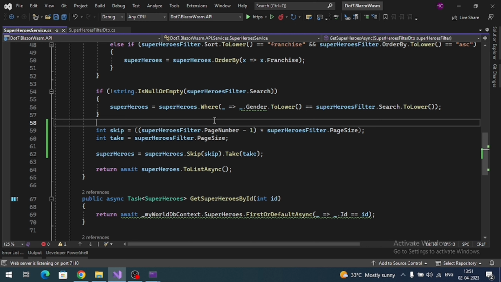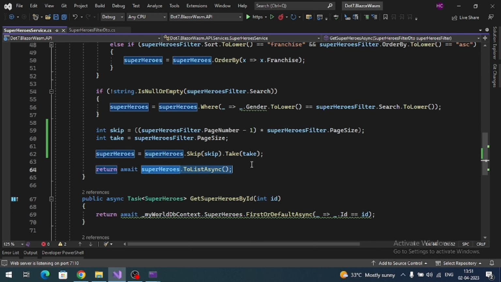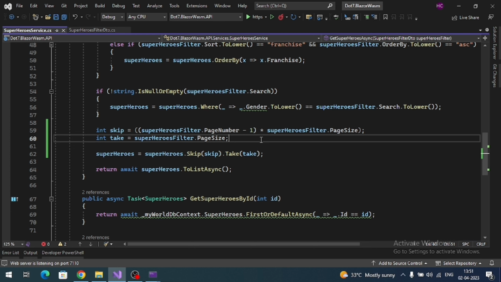But now our Blazor WebAssembly application depends upon the total number of records in the database for page calculation. So that means along with the collection of filtered records, we need to give the total count also. So total count should be executed before the pagination. Okay, then only we will get the total count. So to get the total count, what we have to do means